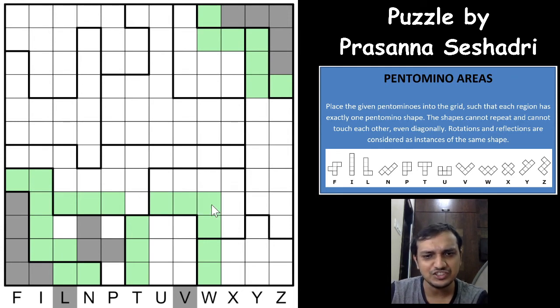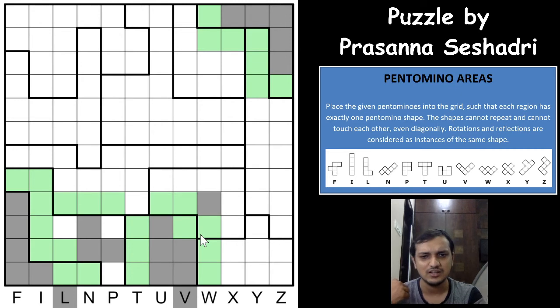So if this is unshaded, you will have again the L or the V formed here. There are only 2 possible pentominos formed here, and it has to be either the L or the V, which is not possible. So this has to be shaded, which unshades this cell and shades the remaining 5 cells, right? Excellent, superb. So that unshades this cell as well, and you already formed the P, which means you cannot shade this